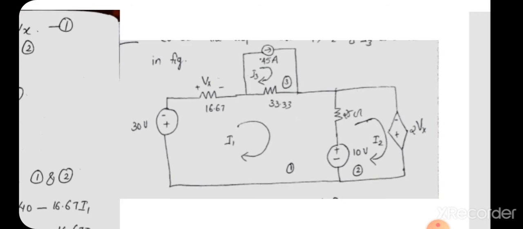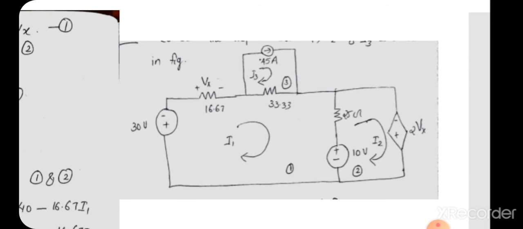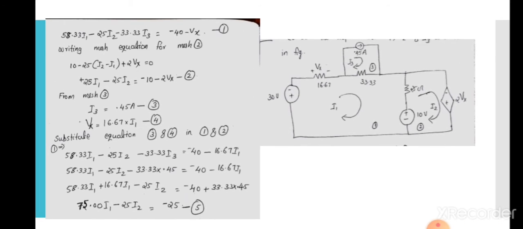So we have written the first mesh equation, and next we have to consider the second mesh. Here is the second mesh, and that contains a current I2, and you have to write the KVL equation for that mesh too, starting from the 10 volt battery. You can see that it goes from minus to plus symbol. The current flows in a manner, it starts from negative to positive. Okay, mesh current is in the clockwise direction, so 10 volt will be positive.